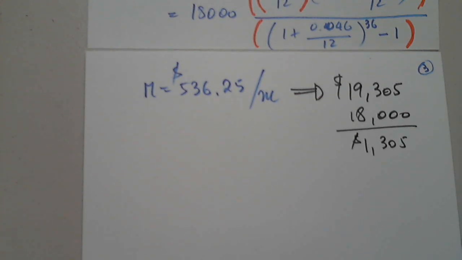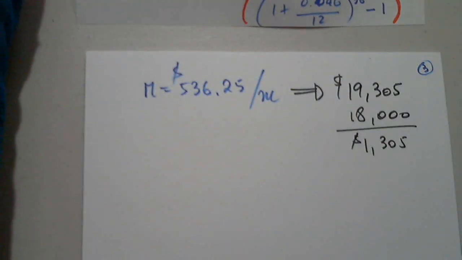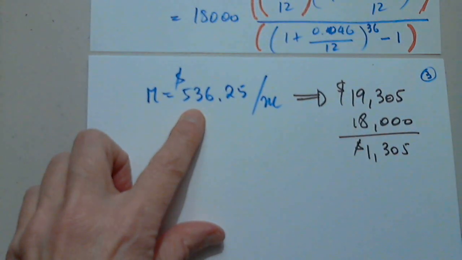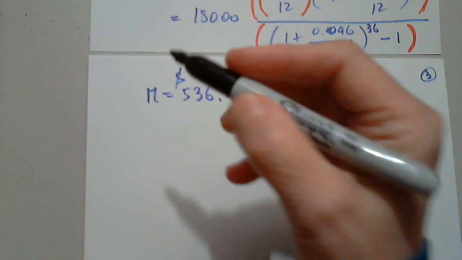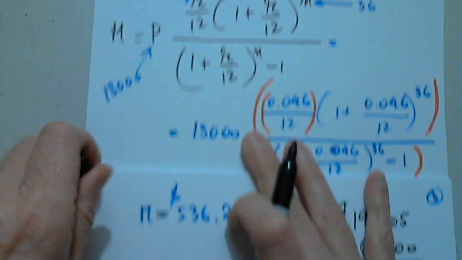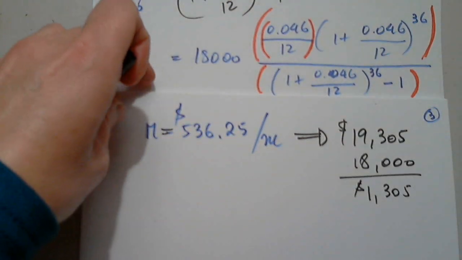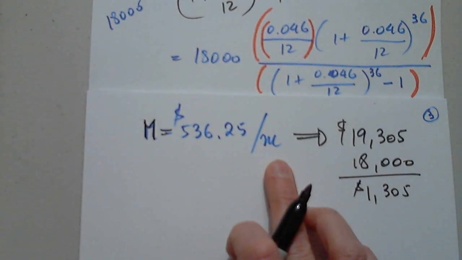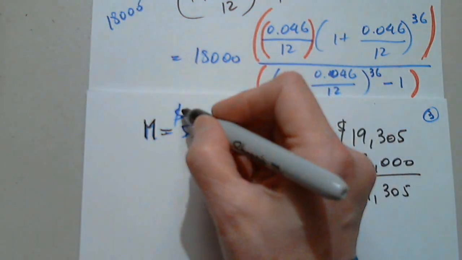Anyone? I hope I didn't lose anybody. Can you go back to right next to 536.25? Yes. Is that an R? So you're saying the dollars. This is dollars. No, right before the equal sign. It's M. Oh, M. Okay. No, that's okay. You're going to get used to it. I'm so sorry. So this is M, the monthly payment per month. In other words, how much we pay per month, the uppercase M, and this is in dollars,